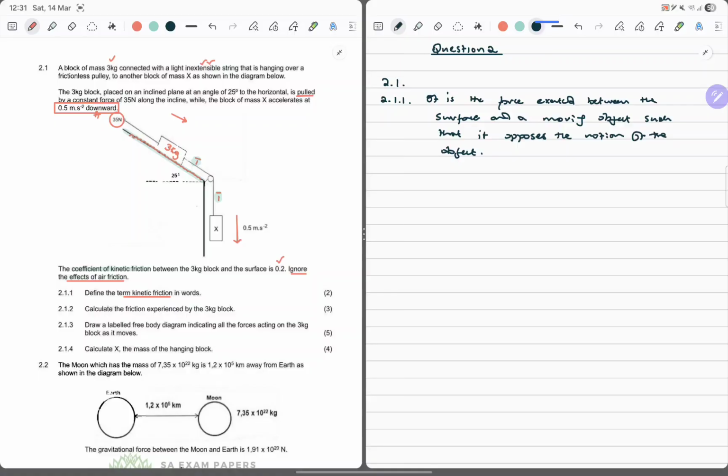Can you see guys, this description is not bad because it is a force, we know that,